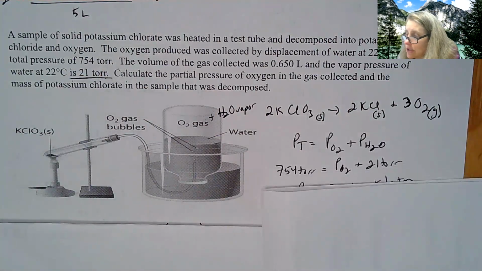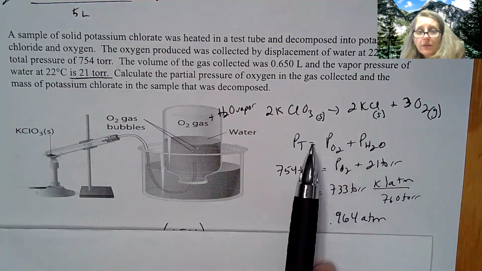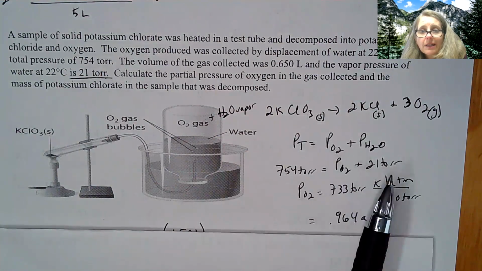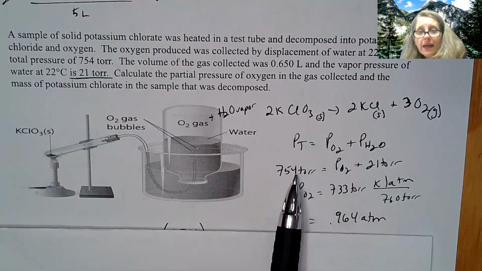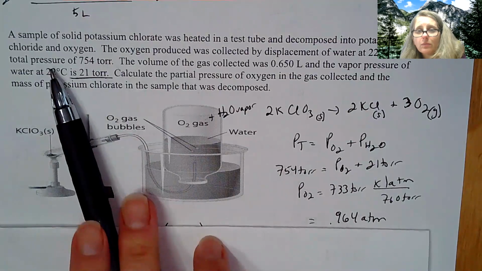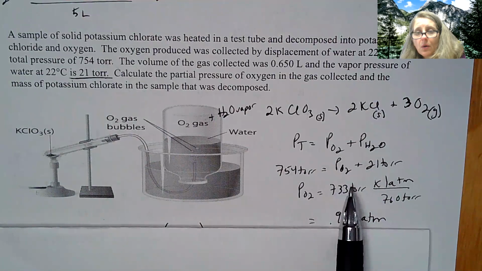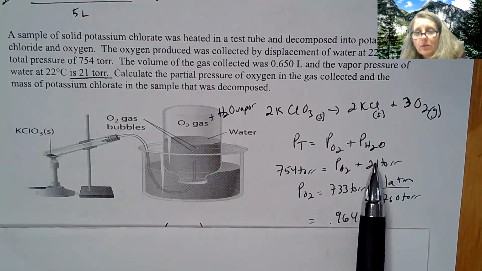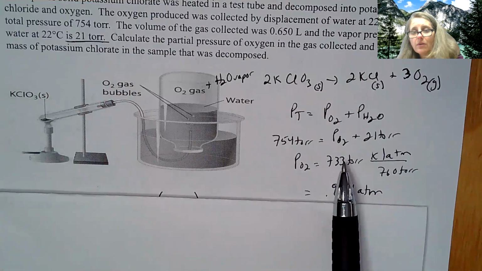So that is why I have to use essentially Dalton's law here to figure out what the pressure of my oxygen is. The pressure of the oxygen is due to the oxygen plus the water, and I know my total pressure, so that was given in the problem. Anytime you see total pressure, you need to think, oh, there's got to be a mixture there. So I put the 21 torr in for the pressure of water, and I end up with 733 torr, but